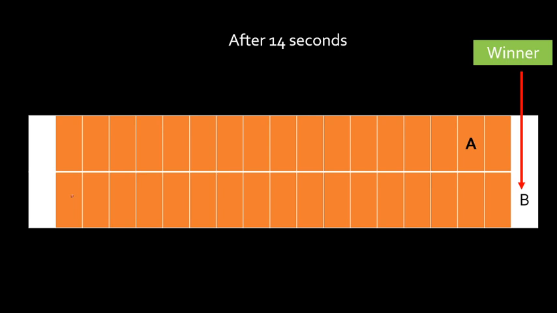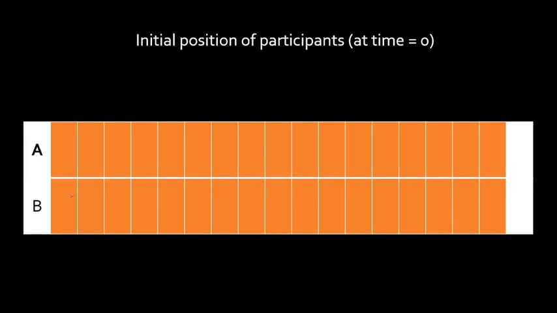Okay, so again, starting from the first, A and B are at the starting position. Yes, the race is not yet started. Time is still 0, which means the race hasn't started, right? What did I tell you? You will not monitor who reaches the finish line first. We are going to monitor how many times A is leading and how many times B is leading. Based on this value only, we will determine the winner. Based on who was leading most of the time, we will determine the winner.